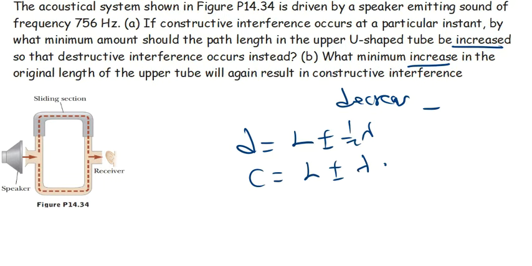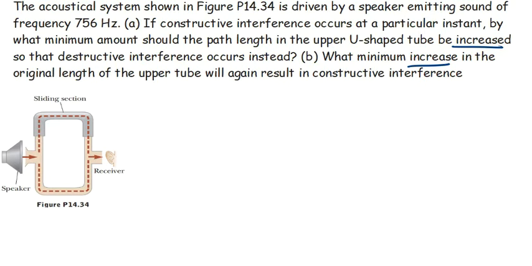So if they use increased, in this case they have specified, you only work around with the positive. If they use decrease, you work around with the negative. Okay, so in this case we just go ahead with the positive. Since they are just asking what minimum amount the path length in the upper U tube should be increased so that destructive interference occurs, I'll say